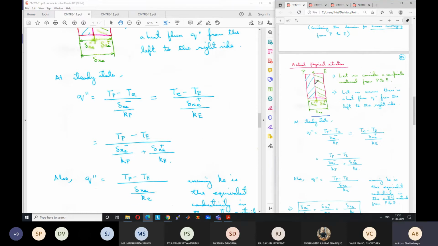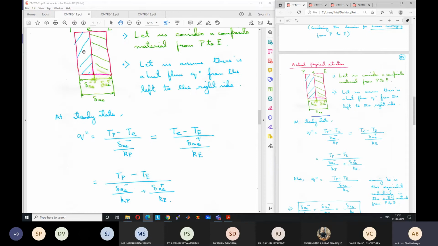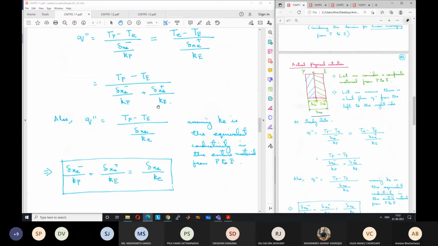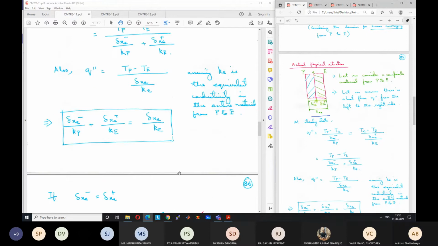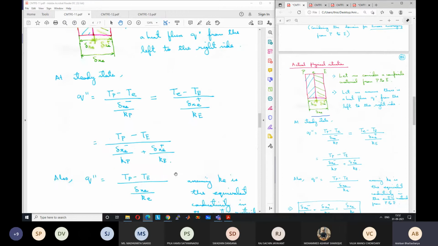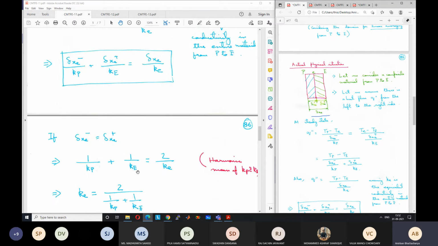Divided by the average thermal conductivity Ke. So this heat flux should be equal to this heat flux, because ultimately it is the same heat flux. Whatever heat goes, it is the same heat flux everywhere. So from this we see that this denominator, delta xe minus by Kp plus delta xe plus by Ke, is equal to delta xe by K small e. So this gives us an equation for K small e. It is a harmonic mean. If delta xe minus is equal to delta xe plus, if these are equidistant, then this becomes 1 by Kp plus 1 by Ke is equal to 2 by K small e. This is the harmonic mean of